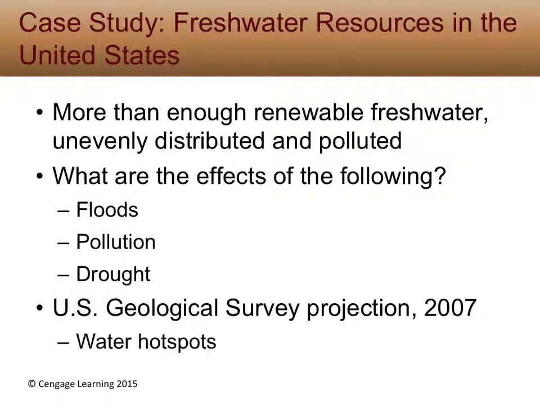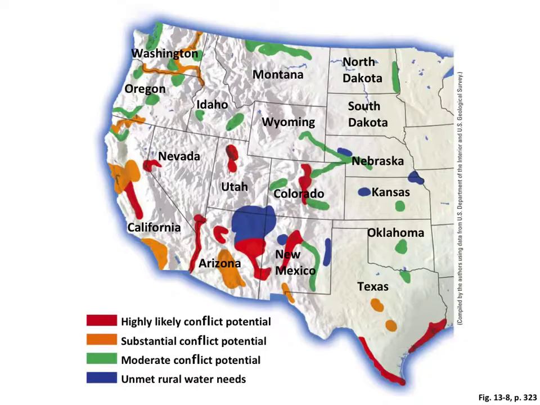The United States Geological Survey projection is that we have these water hotspots that we're keeping an eye on. Take a look at California. In California, the Sierra Nevadas, of course, run in this region. We'll do a little documentary a little later, but they're actually bringing water from Northern California to Southern in order to feed their very thirsty crops, or not only crops, but people too.